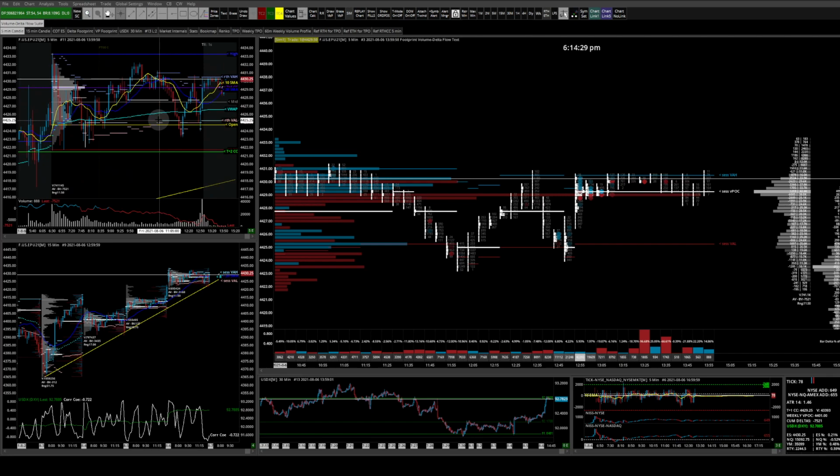I saw RTH Value Area Low as price was screaming through VWAP. I said to myself, what I'd like to see is some ice and some taper, so a lack of interest to sell this low. That would still be bullish, right? So I could define my stop, put a stop underneath this low. If we make a higher low, it's still pretty bullish. And what I was looking at